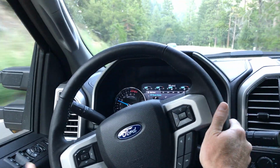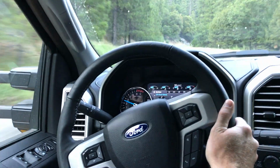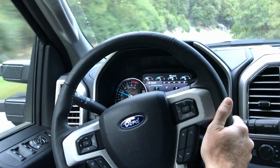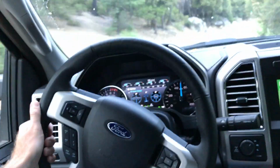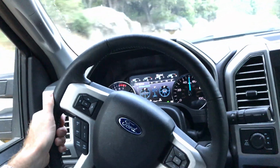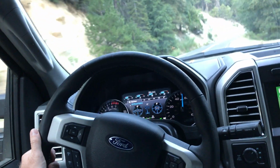All right, guys, so we just passed 4,000 feet, closing in on the west side of Lake Tahoe, and I just wanted to show you, again, quick video, how the truck is pulling. It's a 2017 Ford F250 Crewcab short bed with a 6.2 liter V8 gas motor and 430 gears with a